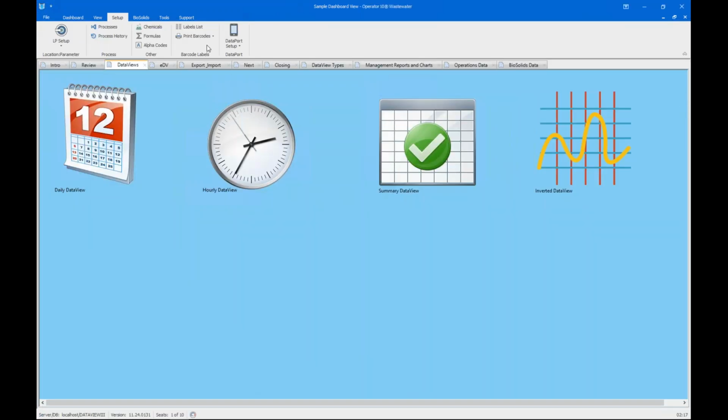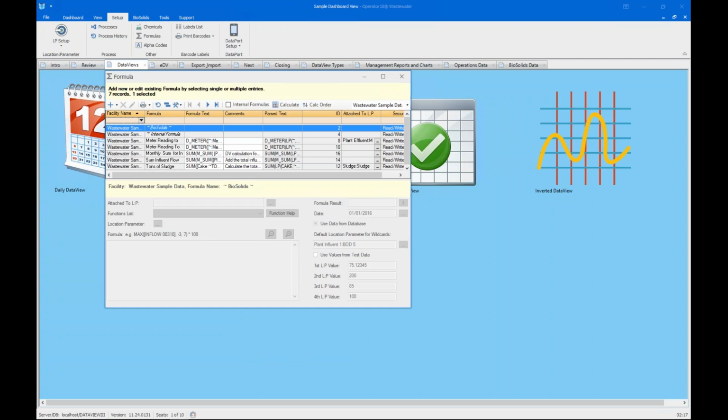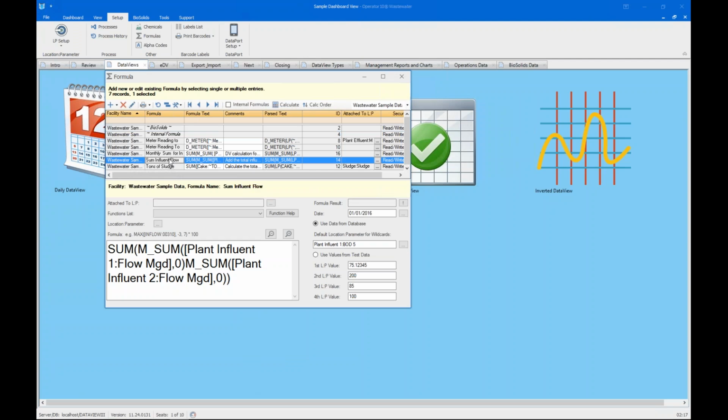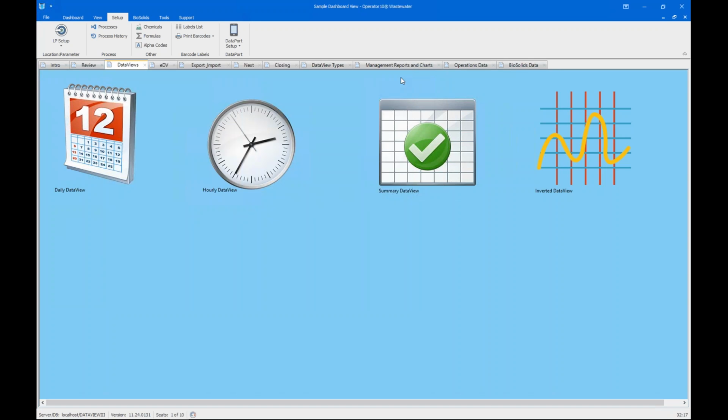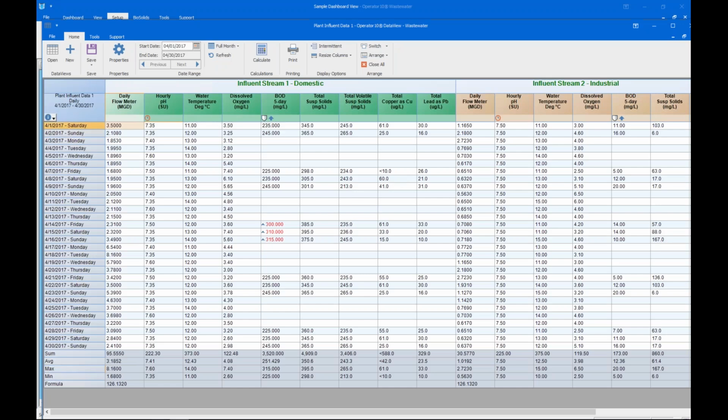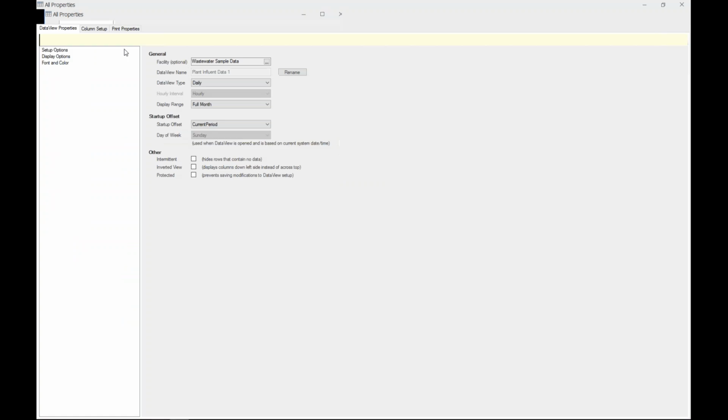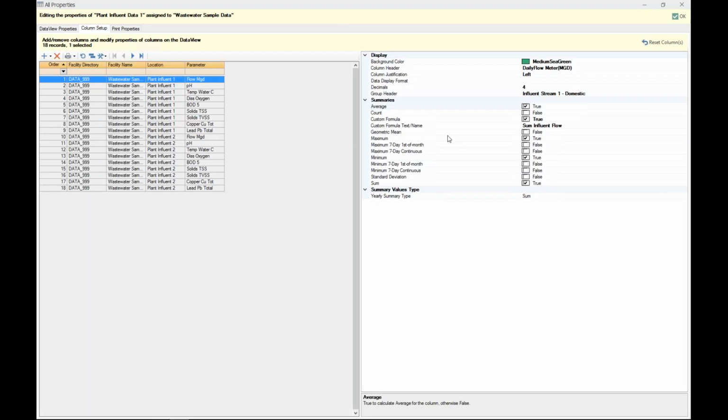Another thing you can do, which is a nice shortcut, is if you go into your formula list and you pull up your formula and you want to grab your formula, you can grab your formula from your formula list, copy that. Then if we go back to our data view, you can go into properties and you can either copy and paste the formula directly in here,